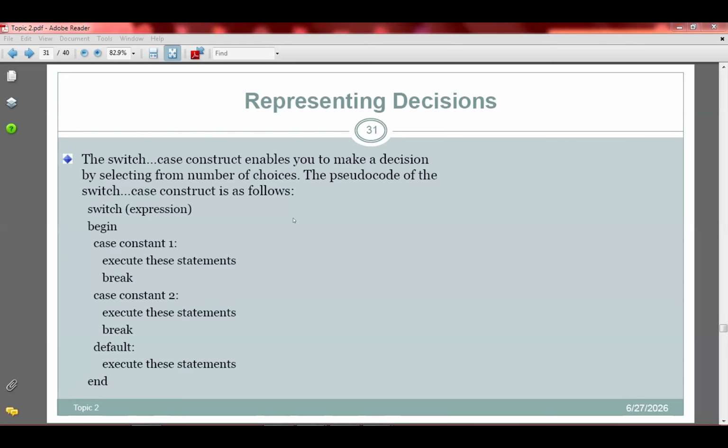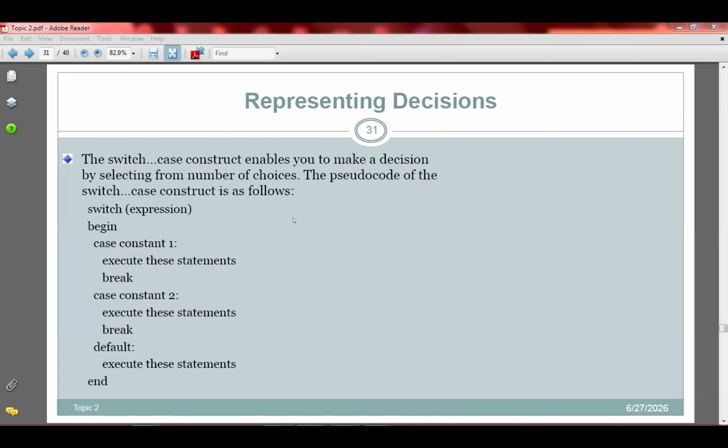And then we have the if else. The if else is used to choose between two alternative sets of instructions based on the condition. If the condition is true, then the first alternative set of instructions is executed, ignoring the second set of instructions. If the condition is not true, then the first set of instructions is ignored, and the second set of instructions is executed. So we use the if else to branch, or to choose between two alternatives.